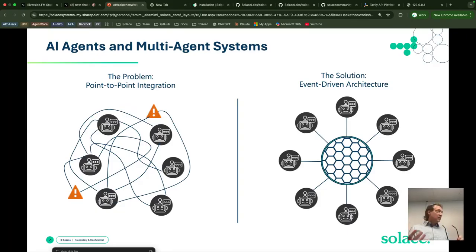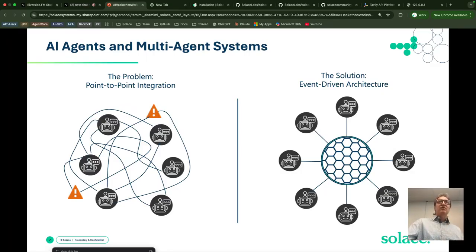Whereas with the Solace Agent Mesh, in the middle you're running the Solace Event Mesh, which could be one broker or many of our brokers. It uses pub-sub-based communication with queues. All of these agents in the ring will be listening on a specific well-known topic. And then when a new agent joins, it advertises itself on that topic.